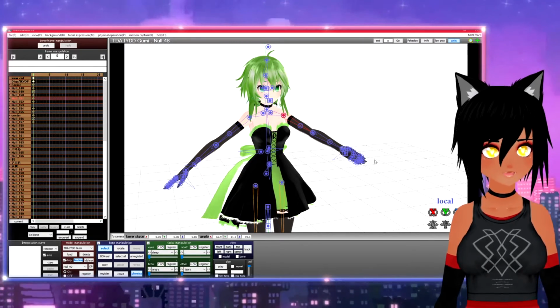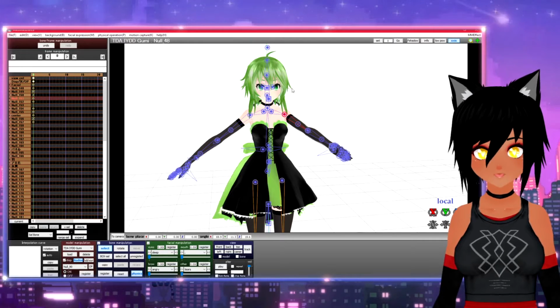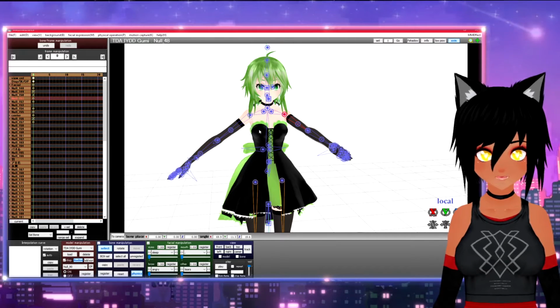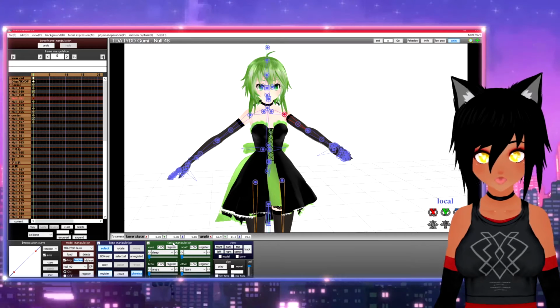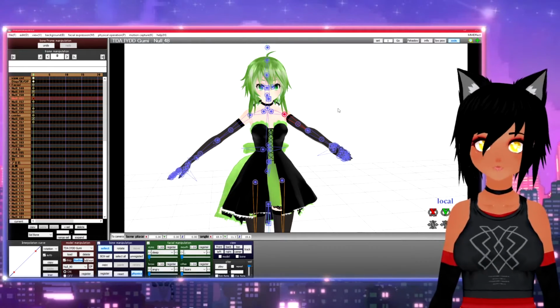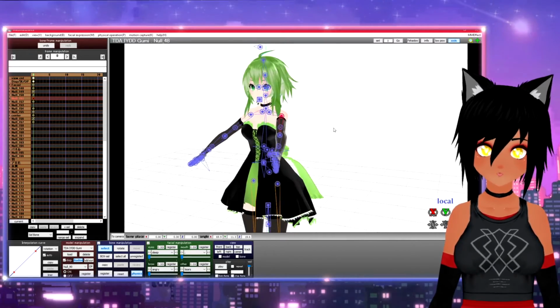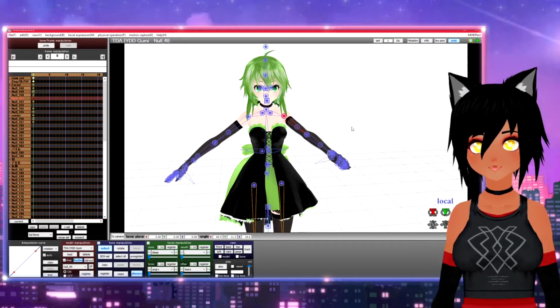And if you want to save that position, very important, because if you don't, her arm will just snap right back to where it was before. You go back down to the bone manipulation, and you come down here and you click register. You're going to be registering a lot, okay? If you're animating or doing anything yourself, animating motions, camera, or just posing, you're going to be registering.